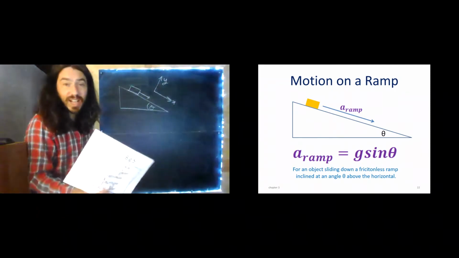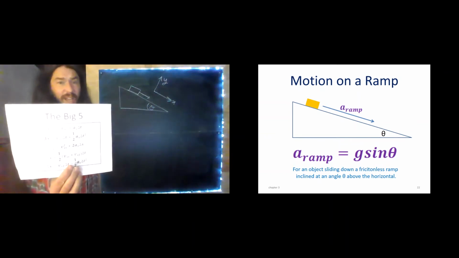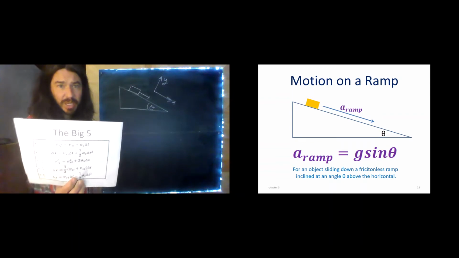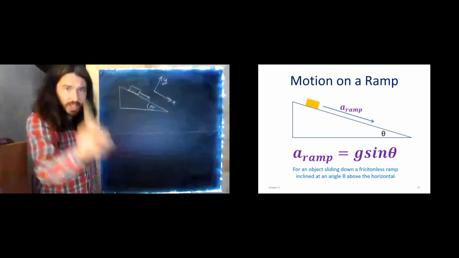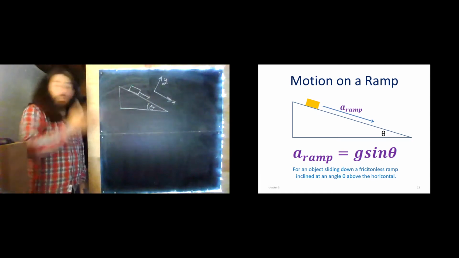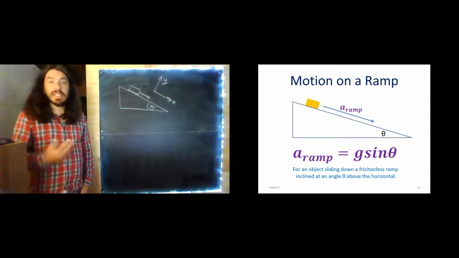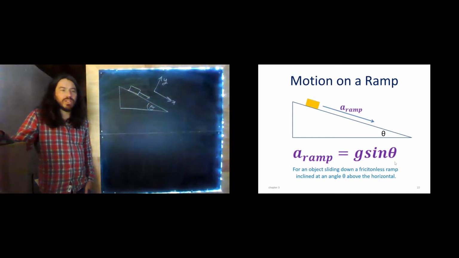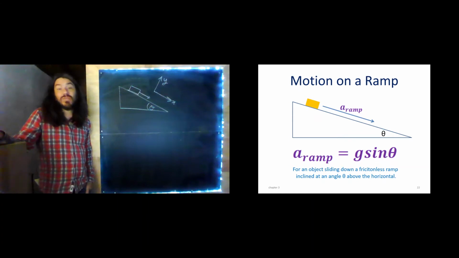We can just use the big 5, which I realize that on my camera, because I have a weak camera, this mostly looks like a blank piece of paper. This is the big 5 I'm showing you. So we're going to use our big 5, but we're just going to tilt our axes. No big deal. And so I'm going to give you this fact. We're not going to learn how to derive this until we get to chapter 5, I suppose. So for right now, you're just going to have to believe me that the acceleration on a ramp is g